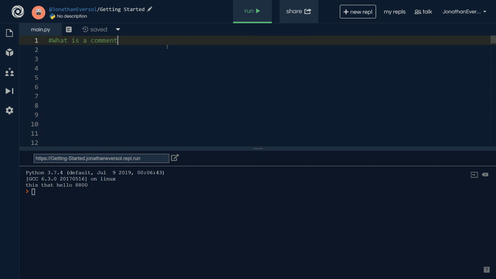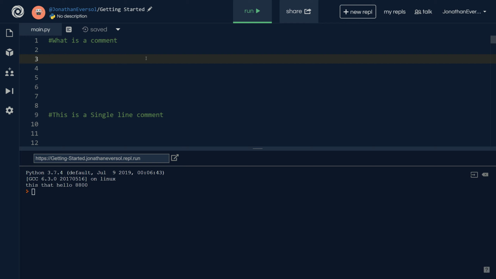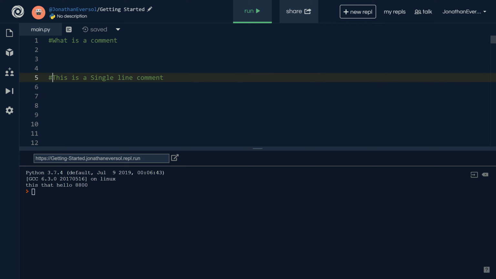What is a comment? A comment is something that we use in coding to give us some information. Like when you write a bunch of code, you might want to give yourself little notes, side notes. Think of them like sticky notes to remind you what you're doing at a certain point in time. A single line comment can be written with the hashtag and then you can write. So if I write here